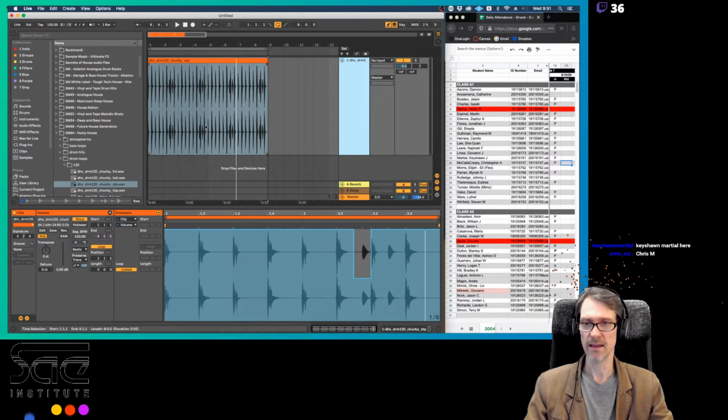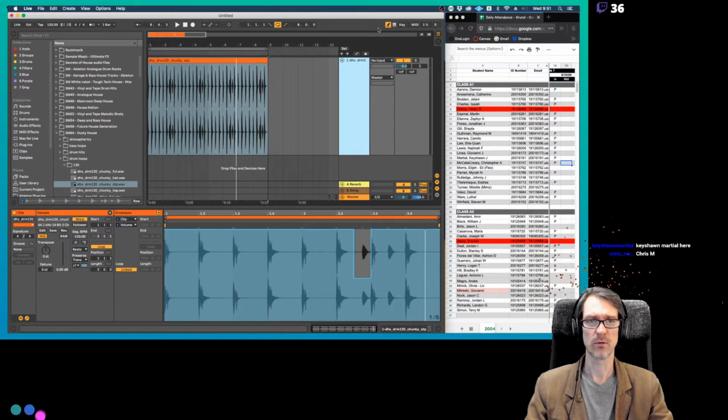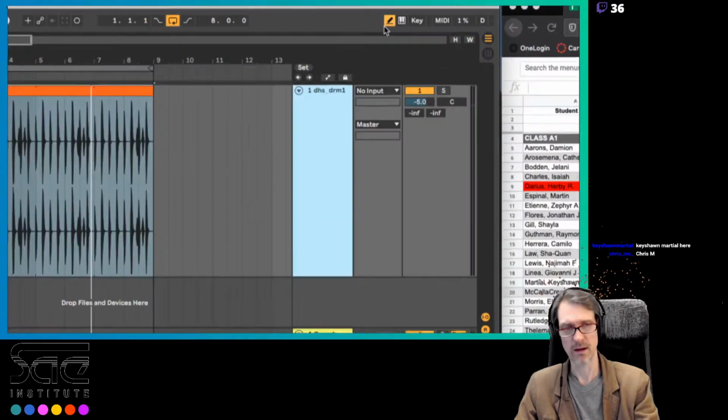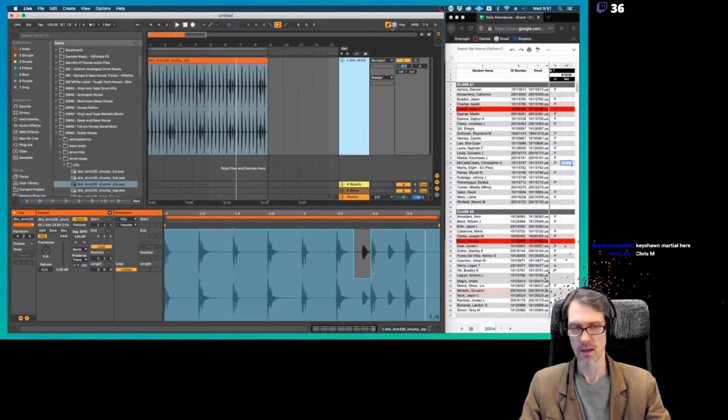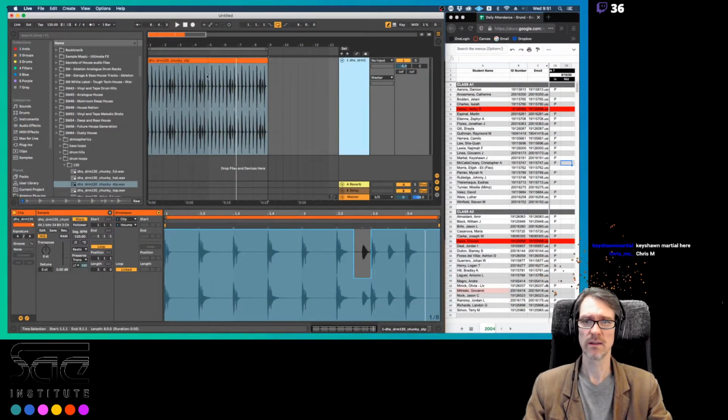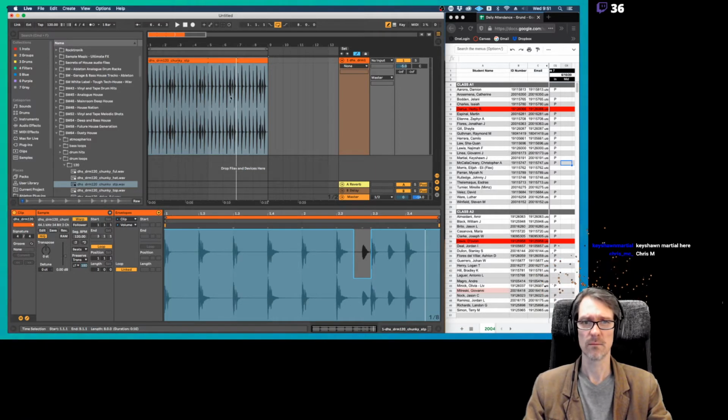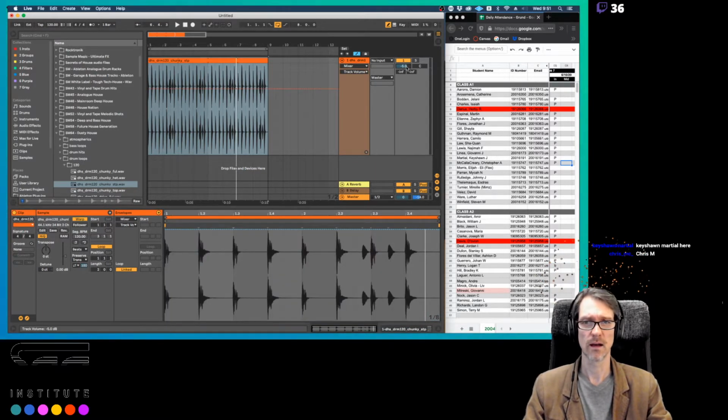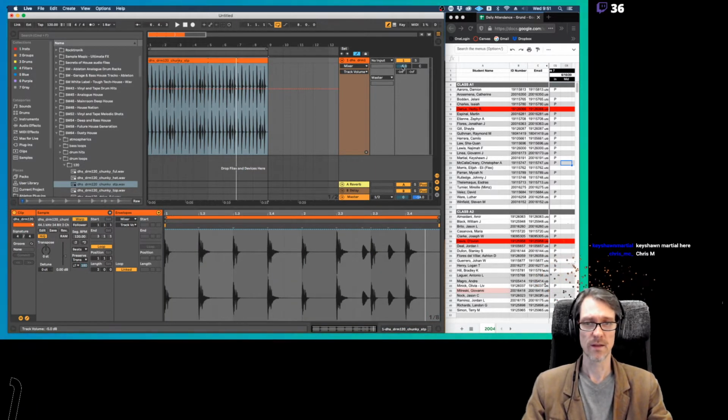you hit the A key. Make sure your keyboard is off. This keyboard up here in the upper right hand corner, make sure that is turned off. Hit the A key, and now it turns into automation, and you click on whatever you want to automate. So in this case I want to automate